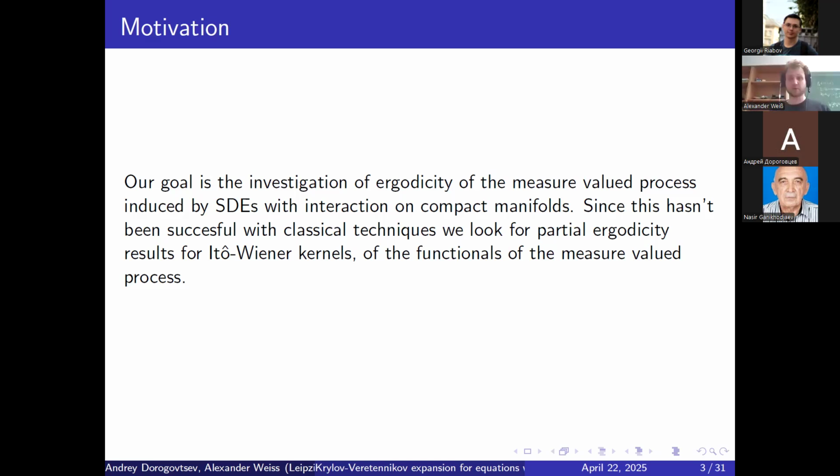This would be a Markov process on the Wasserstein space over a compact Riemannian manifold, and the Wasserstein space over a separable compact space is always itself compact. So by the Krylov-Bogolyubov theorem, one would always have an invariant measure and could start investigating ergodicity. But the usual techniques which are applied in ergodicity theory have failed in our investigation.